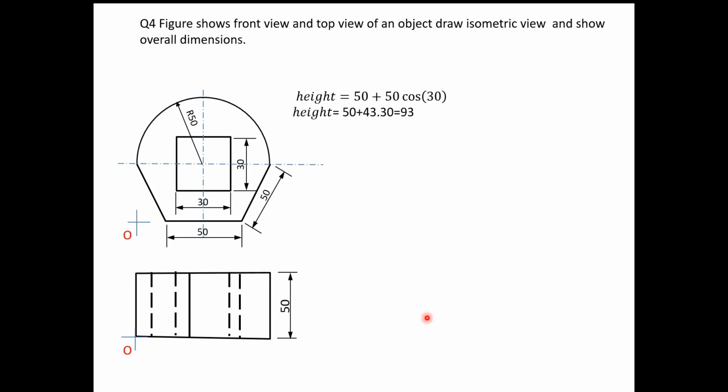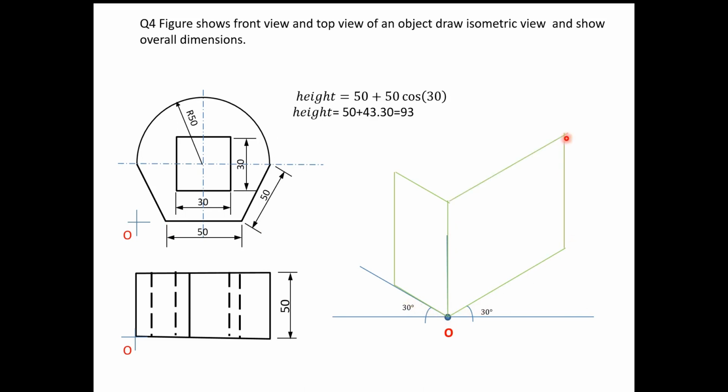Now let's draw the origin line. Mark the origin. Draw the line inclined at an angle of 30 degrees, the left side vertical line and the right side also. Here you mark the height, and on the left side you have to mark the width, that is 50. Complete this isometric box. On the right side of the origin is the length, so we take the length, that is 100, on this side. So we have completed this. Complete the top isometric plane.